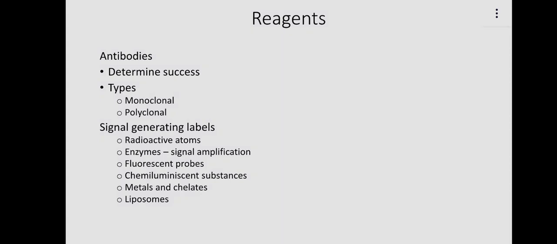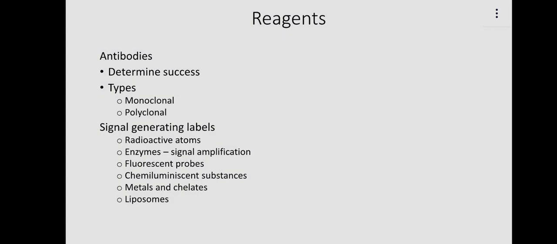So let's look at the details of these reagents. We start by looking at the antibodies. So the antibodies determine the success of an immunoassay. This is obvious because they are the key that will interact with the unknown. So there are two types of antibodies,